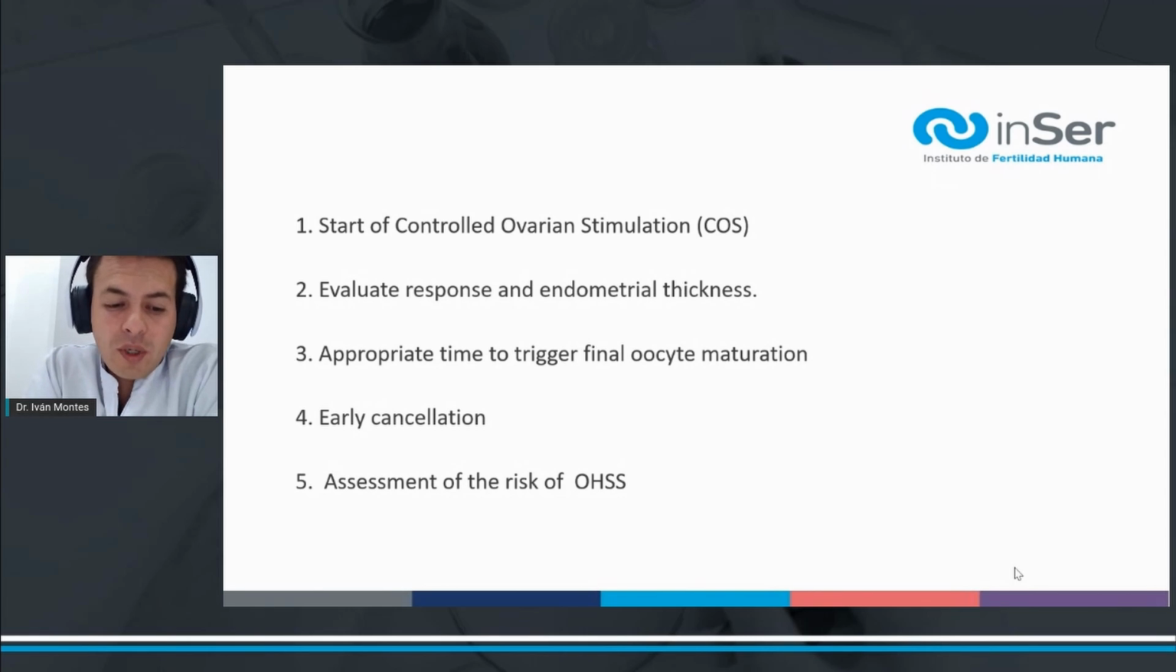When monitoring COS, clinicians need to be able to make decisions on when to start the treatment of controlled ovarian stimulation, evaluate the response to the medication, and decide when the response is not adequate and stop the treatment. The appropriate time for final oocyte trigger, and assess the risk of ovarian hyperstimulation syndrome and consider some strategies to